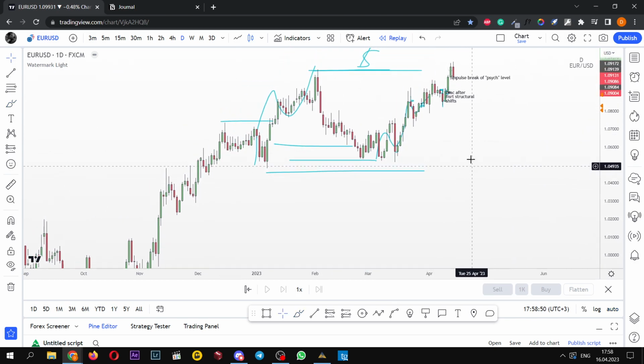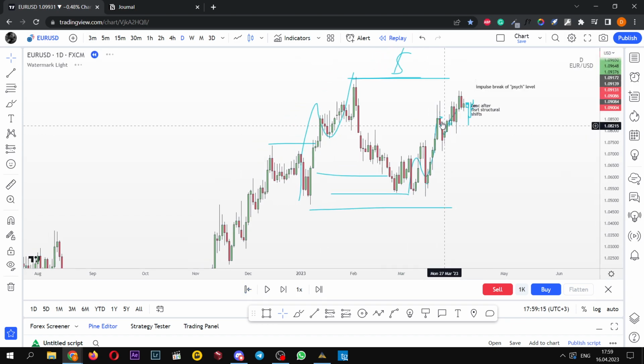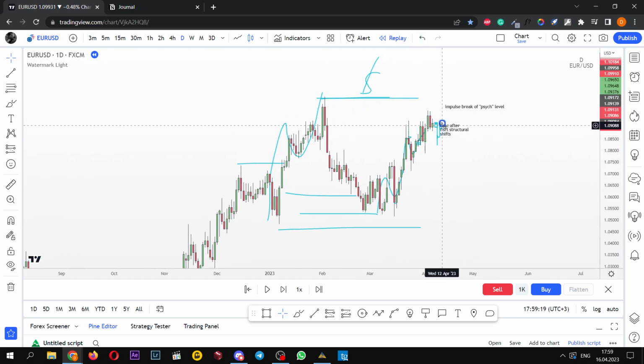So let me put my time for the beginning of the week, and this is how the beginning of the week looked. Maybe even this, yeah, like this. So overall bullish market, moving bullish. And by the way, by this time or somewhere